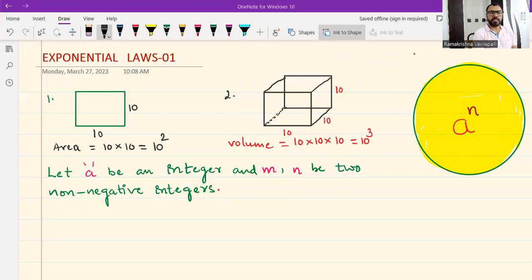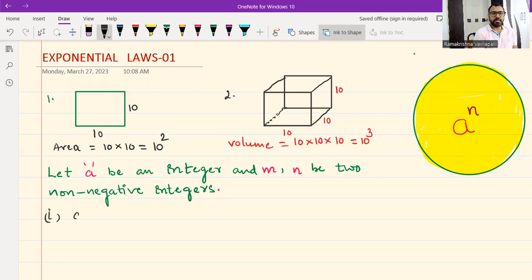So here consider, let a be an integer and m and n be two non-negative integers. So first I'll explain the exponential laws only for integers. After that I'll extend for any real numbers. So here you see the rule number 1 is